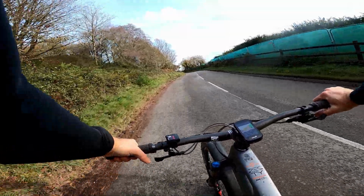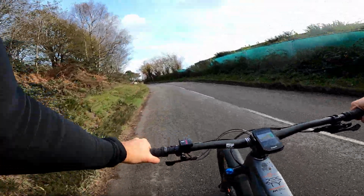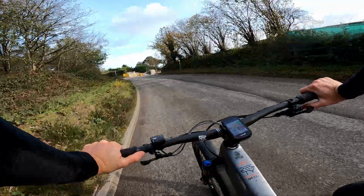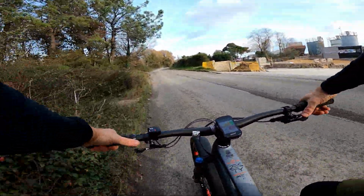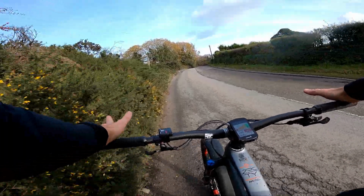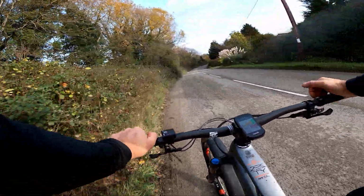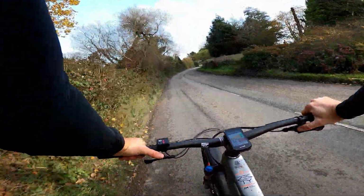It might seem like a weird time to mention this, but something I've noticed myself doing on the e-bike as opposed to my cross-country bike is actually just leave the suspension open. On the cross-country bike, I turn it off, lock it out pretty much straight away, as soon as the terrain gets solid, it's a bit smoother, less bumpy, or if it's just uphill. But on this, because it pedals so efficiently, as in you have that assistance, and weirdly you get less pedal bob, and that's probably because you don't have the same dead spot in your pedal stroke,